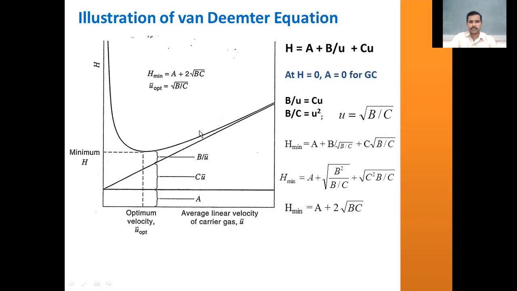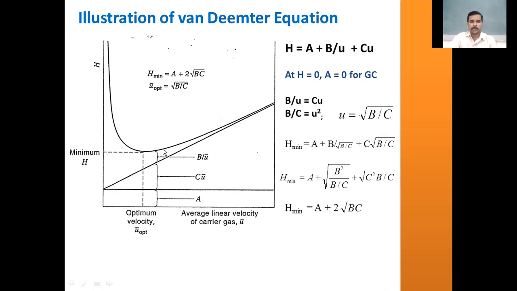This is giving the outcome that the eddy diffusion term is independent of the mobile phase linear velocity. So the height of the theoretical plate remains constant at all velocities of the mobile phase. But there is a significant variation. There is a linear change in the height of the theoretical plate with increased speed of the mobile phase, and that is explained by this particular curve, which shows the dependency of plate height on the linear velocity of the mobile phase, due to the mass transfer process of the solute into the stationary phase and mobile phase.